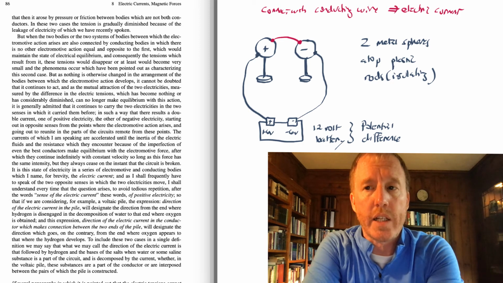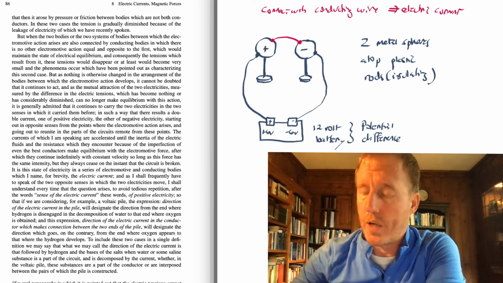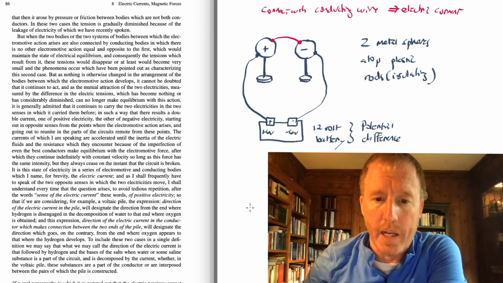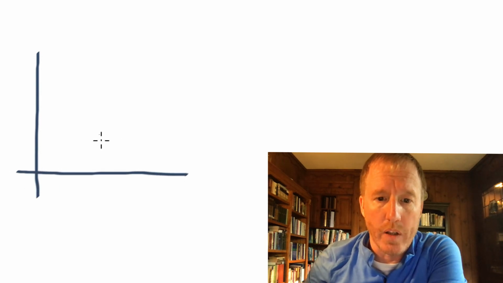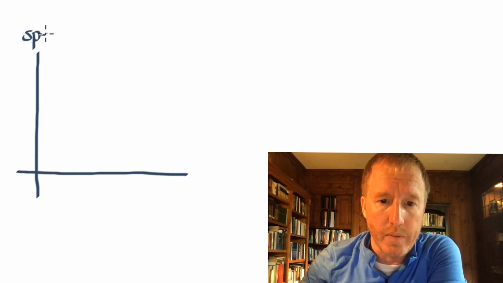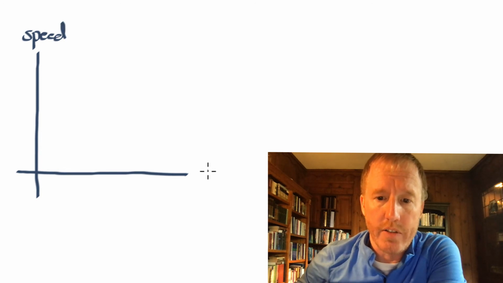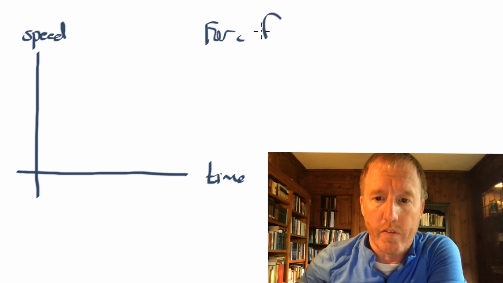This is really analogous to the idea of a terminal velocity. So if, for example, you were to drop a ball off of a building, a very tall building, what would happen to its speed? Well, I'll make a diagram down here of the speed as a function of time. This is for a falling ball.